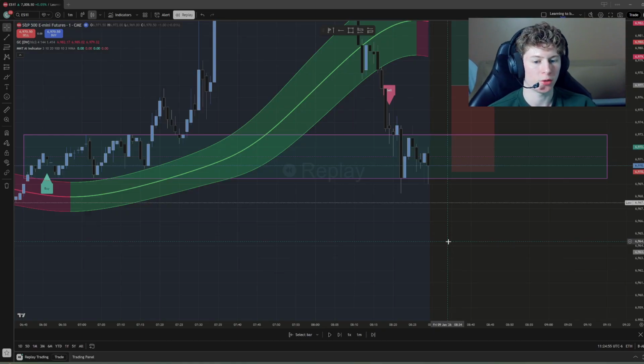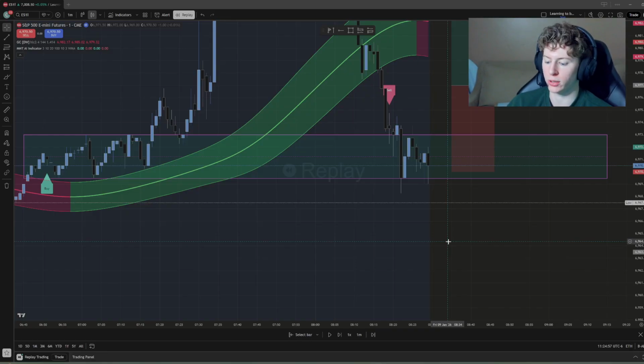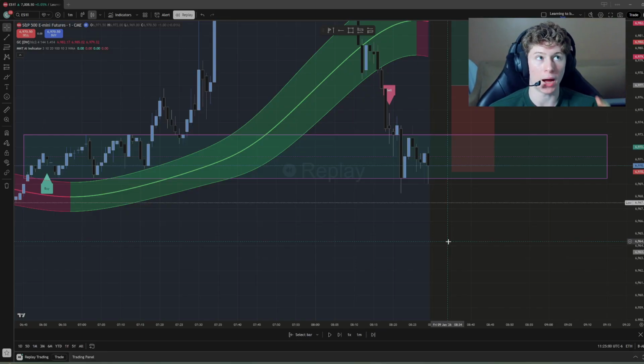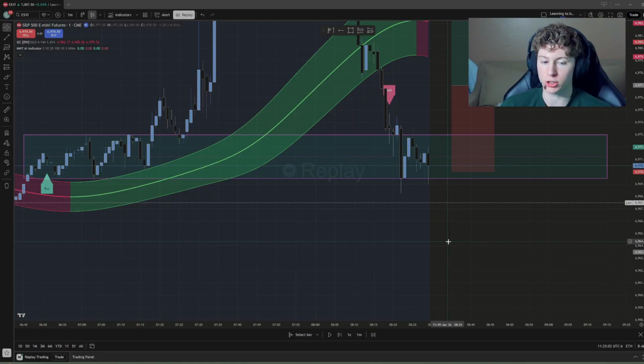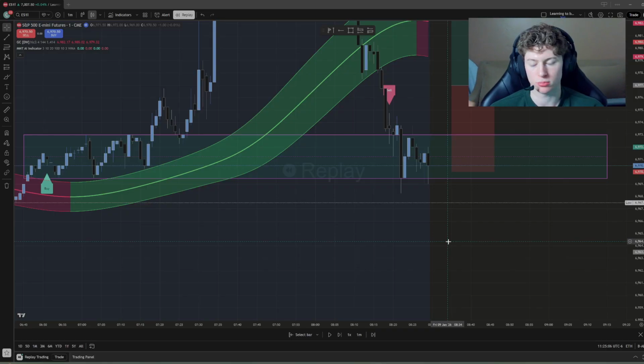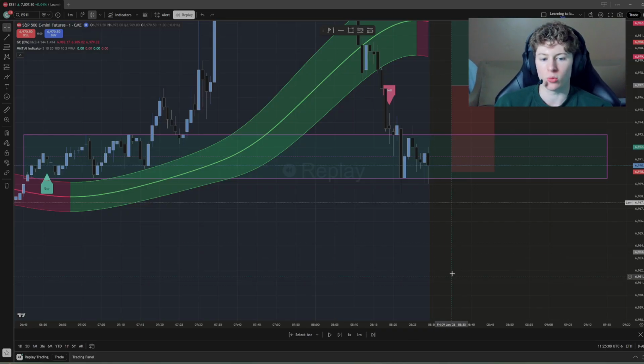So let's say we have a candle close below the range. That's going to mean our bias for the day is bearish. If we have it close above the range, our bias for the day is bullish. Works like that. Now, I'm not going to play it because that already ended badly, but I'm going to go forward.